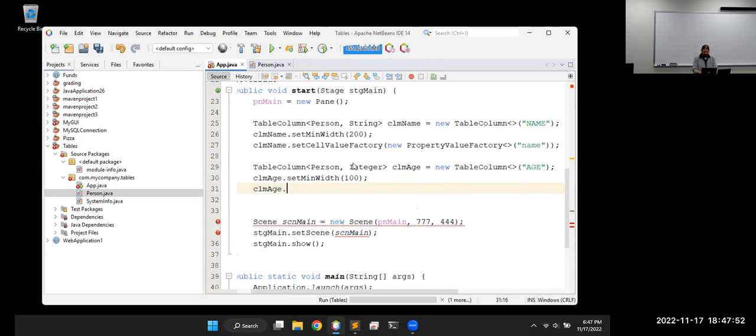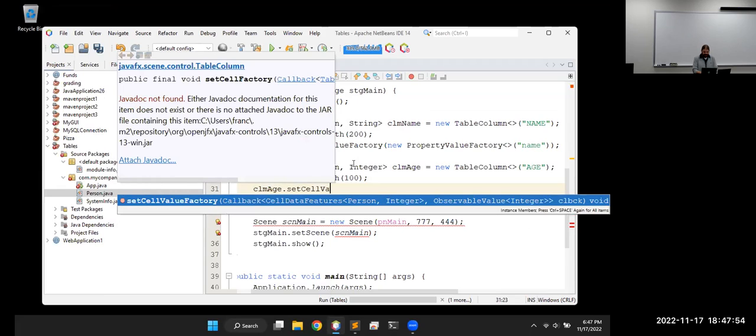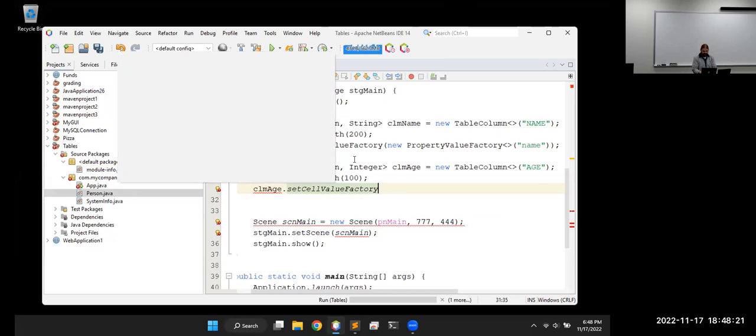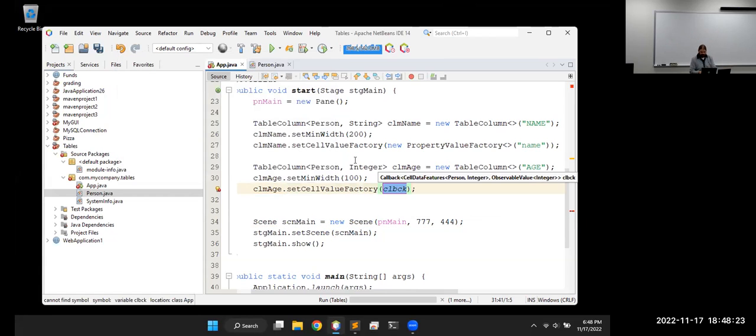And then we'll set a cell value factory. And make sure you're doing a cell value factory because a cell factory would be something entirely different than a column. I guess instead of rows and columns, we could also do an individual cell one at a time. But we're doing the whole column, so we just need the cell value factory. And our callback,